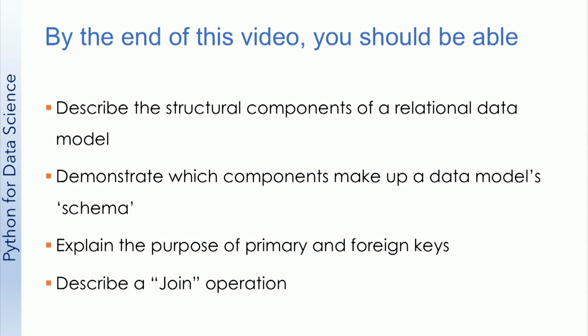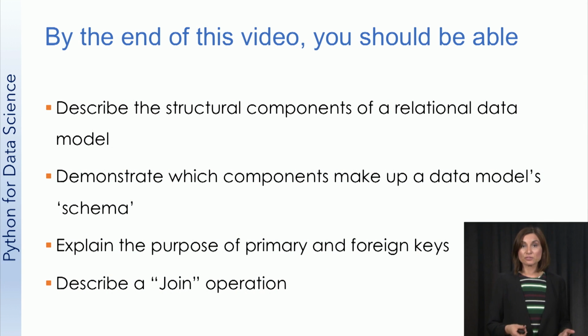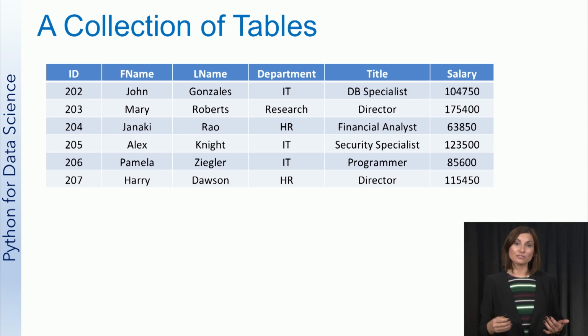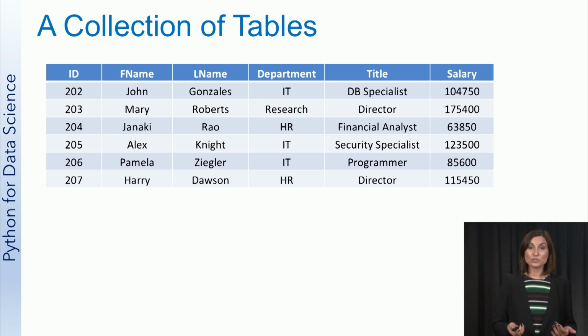By the end of this video, you should be able to describe the structural components of a relational data model, demonstrate which components make up a data model schema, explain the purpose of primary and foreign keys, and describe a join operation. The primary data structure for a relational model is a table, like the one shown here for a